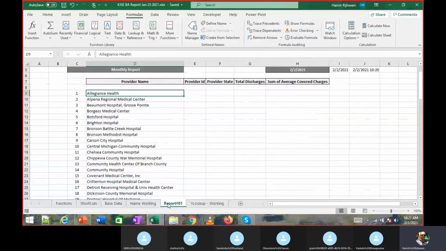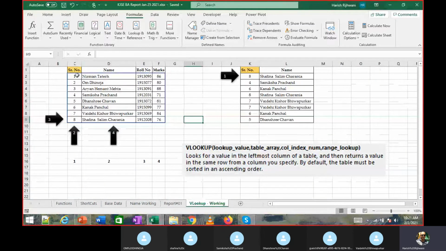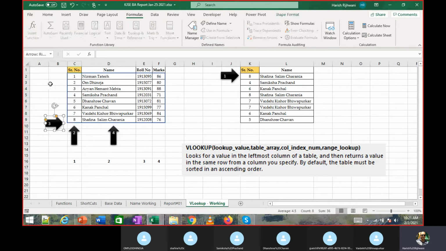Okay. I want to look up provider name and get the provider ID. VLOOKUP does not work this way. If I have a table like this, it is going to assume this as the leftmost column of the table.